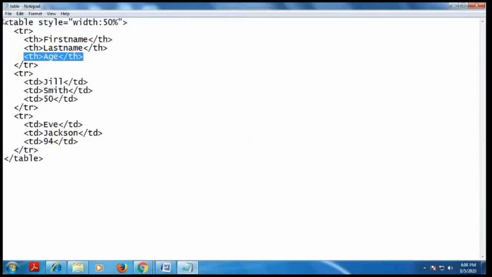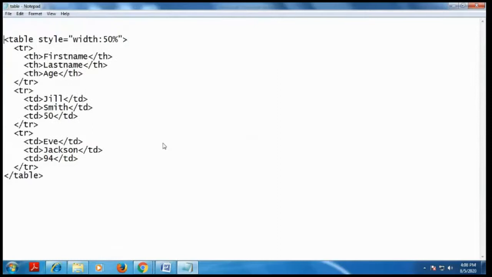Here also the tr content is over, so the tr will be closed. Here the table information is over, so the table is also closed. This is the basic syntax of the table tag.